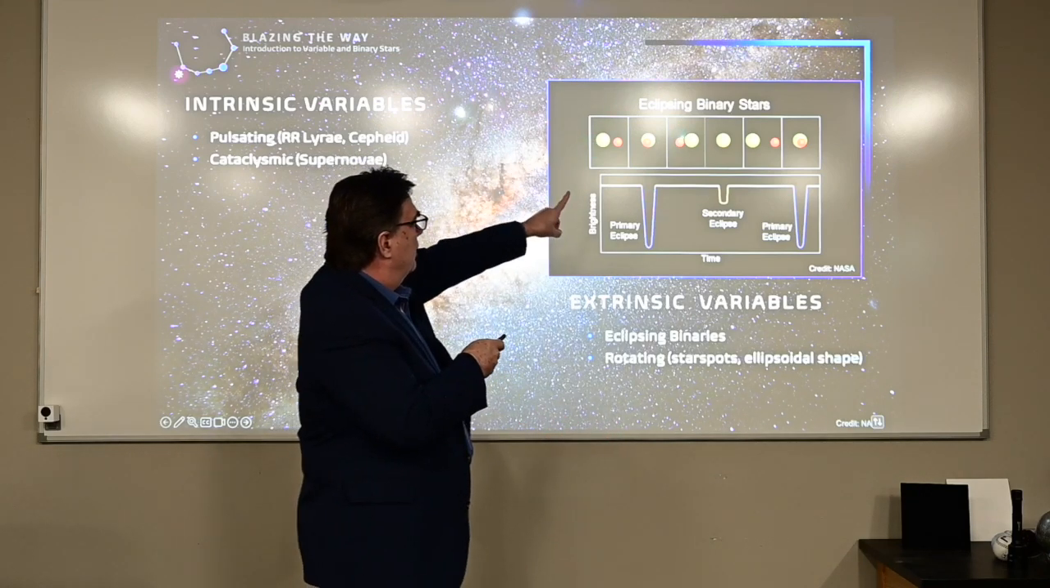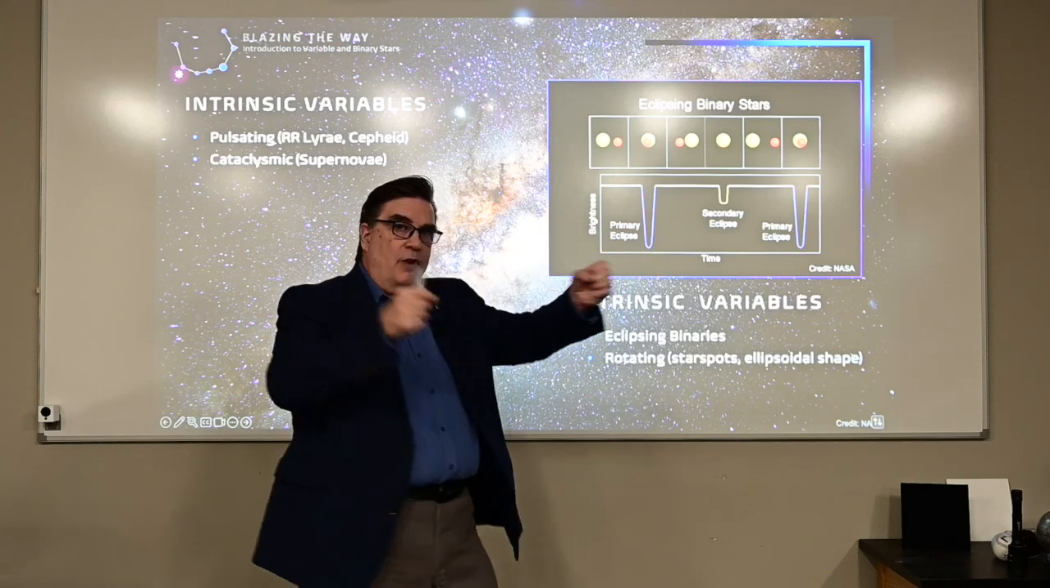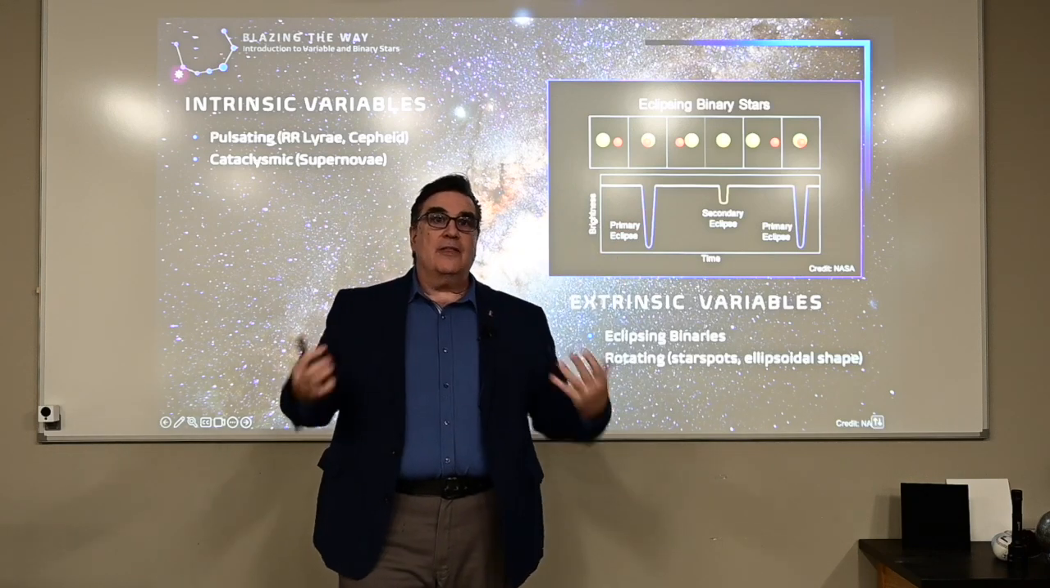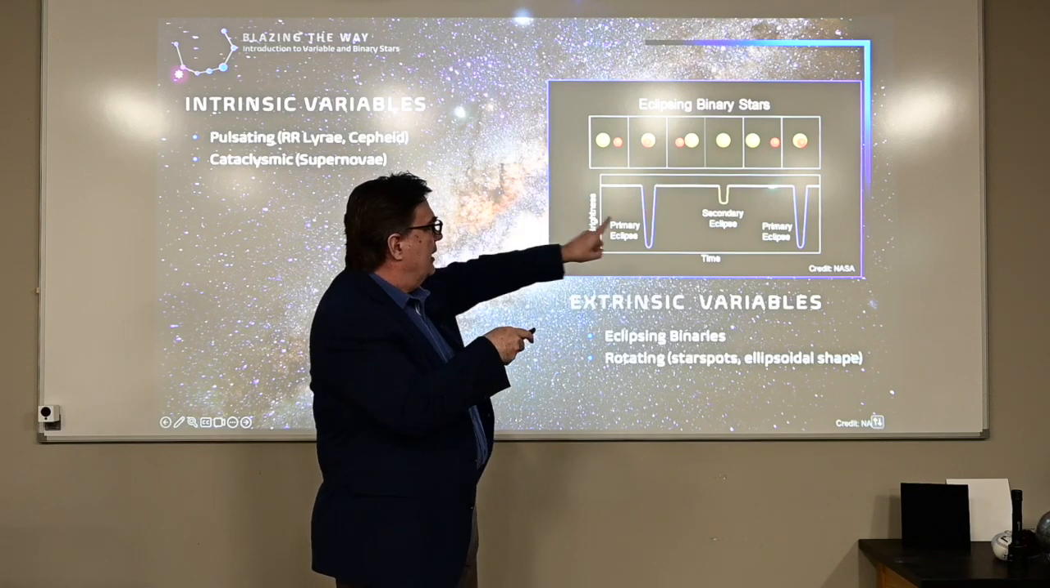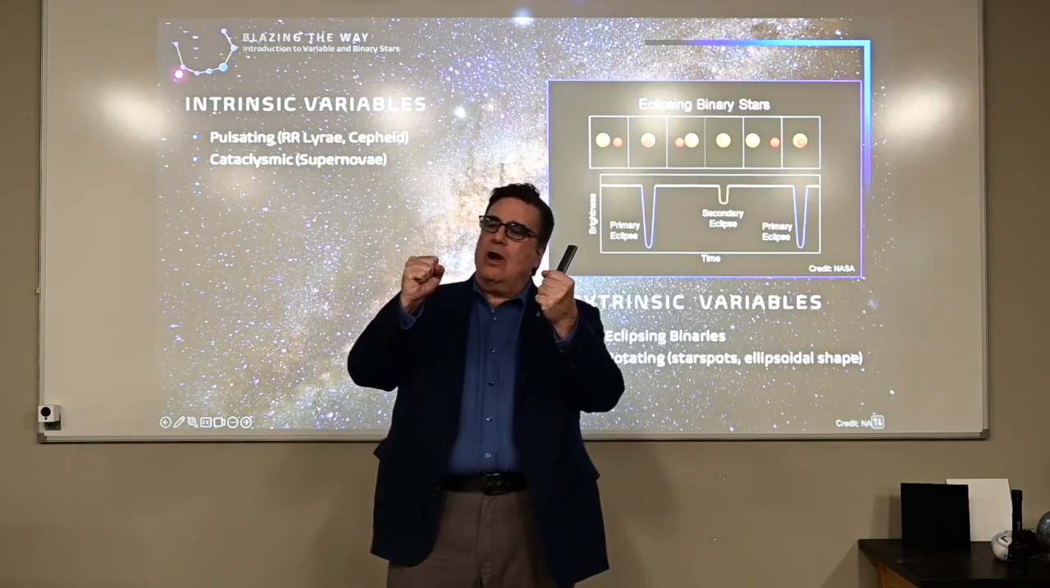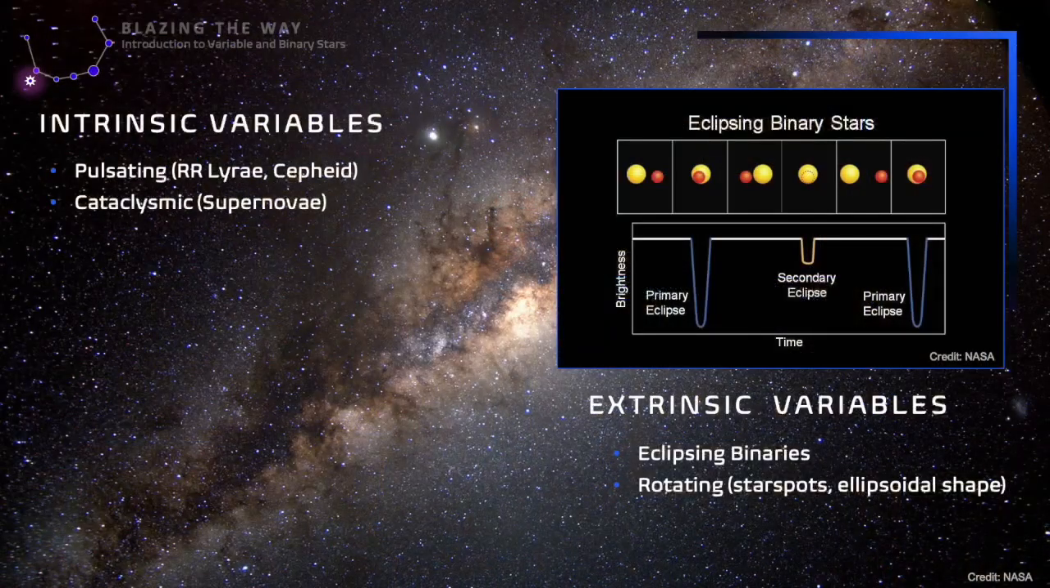Here, and here, when the two stars are side by side, they are at their highest brightness. Here, here, and here. But then as one star passes in front of the other, depending on the size, depending on the temperature, we will have different dip depths and also different dip sizes and shapes as well. So once again, we're able to tell that this is a binary system because of the brightness change of these